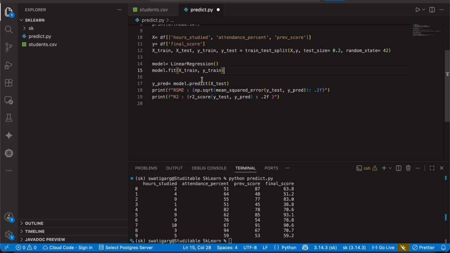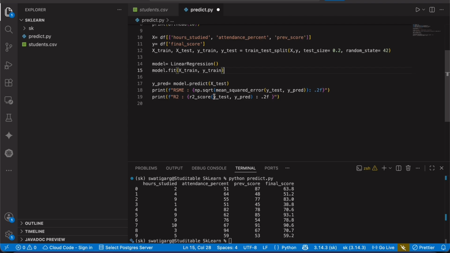So if you have a question, why do we square the errors here? Because if the error is very large, let's say the final score is 83 and the model has predicted it as 70, so the difference is 13. So 13 squared is a very large number. So the reason for squaring the errors is that it punishes very large mistakes. If the error is very small, let's say the difference is just 2, so the error is 4. That doesn't make any difference because a little bit of difference is okay. But if the error is very large, it punishes large mistakes.